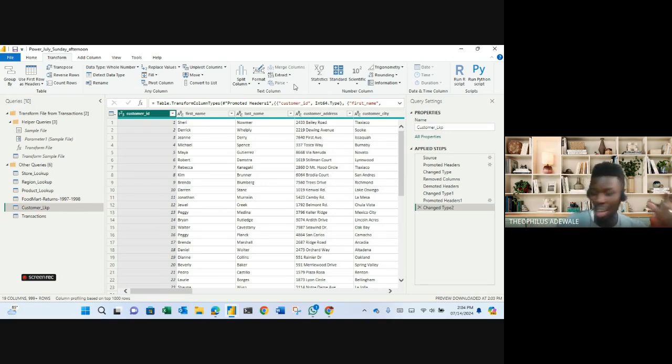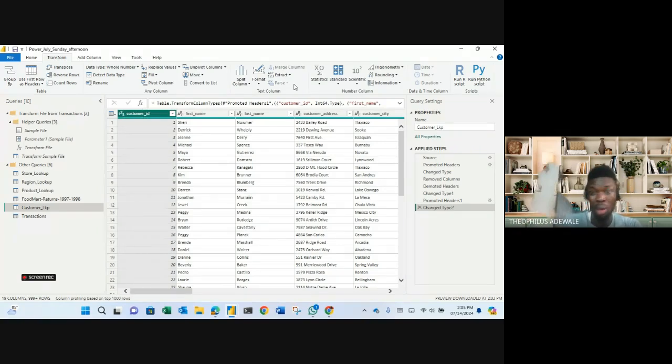Let's look at how to merge, just like concatenate. How to merge columns. And let's look at how to extract. Yesterday in our Excel classes and last week we were busy looking at left, right, mid. Let's see how we can do that in Power BI without having to write any formula. Left, right, mid. Trust me, it's in Power BI too, but it is in DAX. But instead of writing that formula in DAX, you can do it in Power Query without